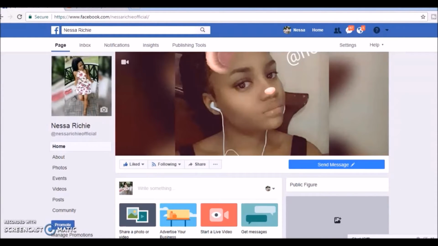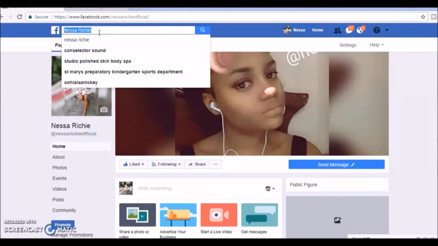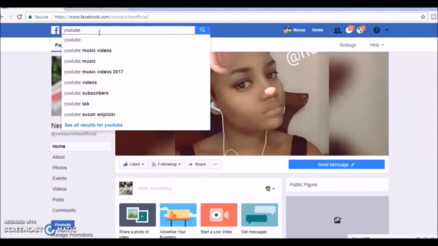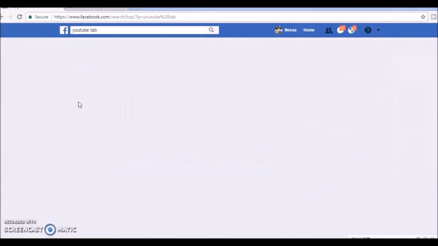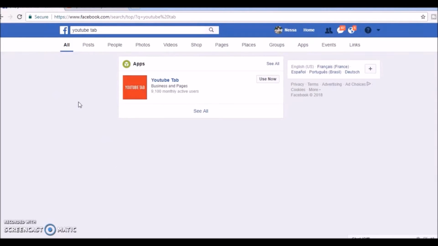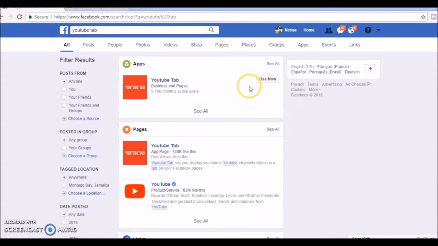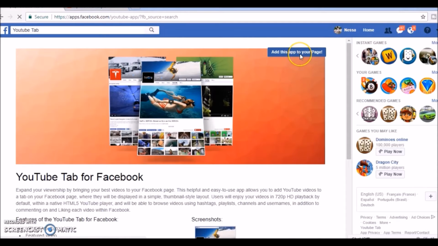So the first thing you want to do is ensure that you're logged into your Facebook account, and then you're going to go to your Facebook page. Once you're at your Facebook page, you're going to type in the search box YouTube, or you could type in YouTube tab. Once you do that, you're going to see about 3 options pop up. You're going to want to click on the very first option. The very first option will say YouTube tab, business and pages, and then you'll see a button that says use now. You're going to click on that button, and then it's going to a new page that says add this app